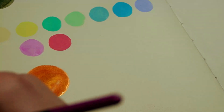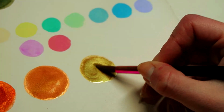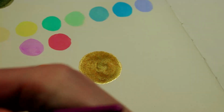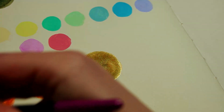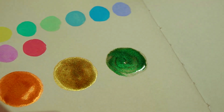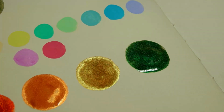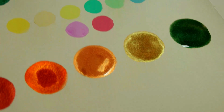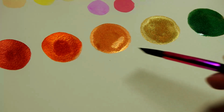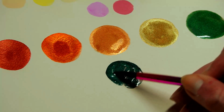The next colour is called Golden Olive. Oh, I really like this one. The next colour is called Jungle. And it's kind of like an emerald green colour. It's a very Christmas green. And the last colour in this set is called Black Forest. It's sparkly. Okay, I really like this one. Oh wow. I think this one's...